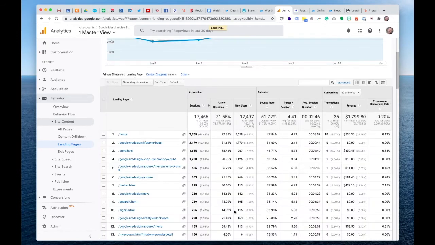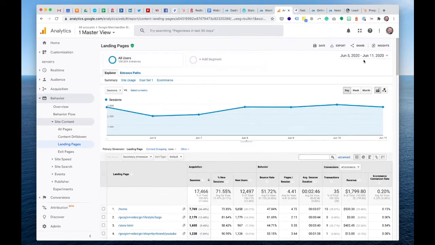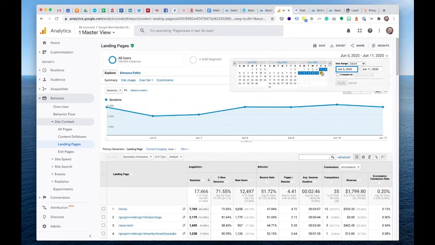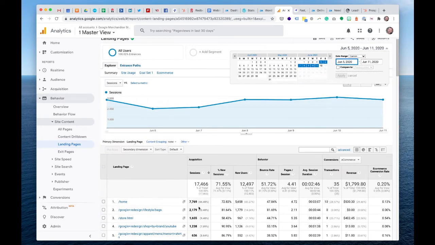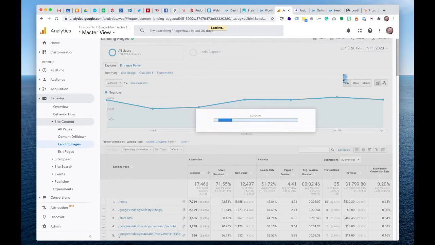So you could use that as your guide to where you set your priority in terms of what content you look at first. Now, going back to what I said earlier, the default view here is probably a week. If you haven't got much traffic, then this data can end up being a little bit meaningless. So what you probably want to do is to throw a wider net, even perhaps to a year. I'm just changing the from range there. Click apply.